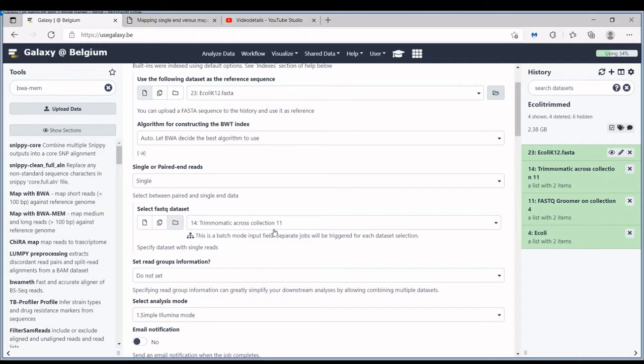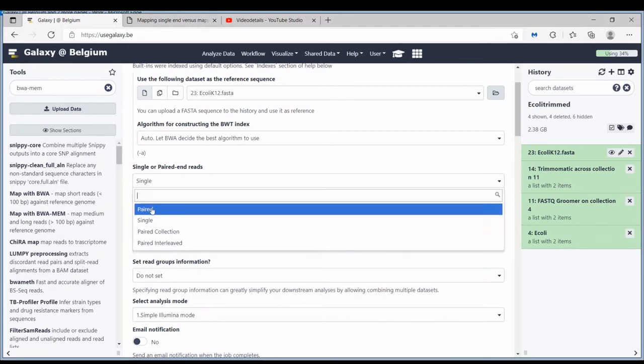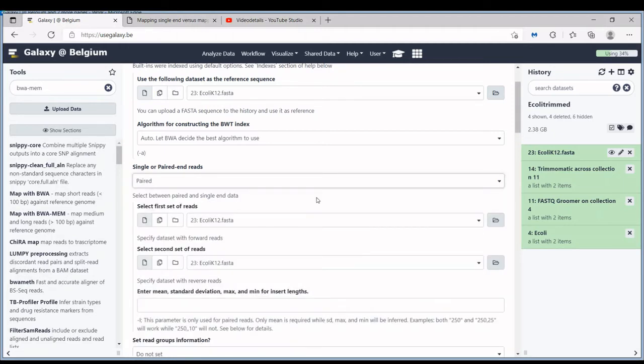If you do have paired-end data, and I'm going to go back here, there will be a number of extra parameters that you have to set. So for one, it will expect 2 FASTQ files as an input. You have to give it the data in pairs because it is going to use both files of a pair for the mapping. Why? Well, because it can then use the benefits of doing paired-end mapping, the extra information that you have when you have done paired-end sequencing.